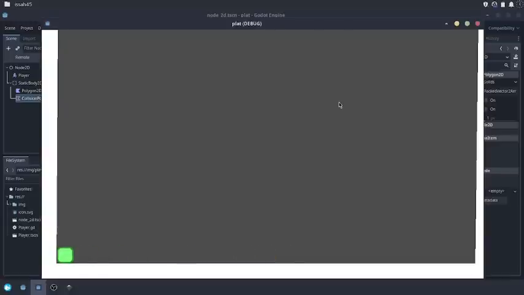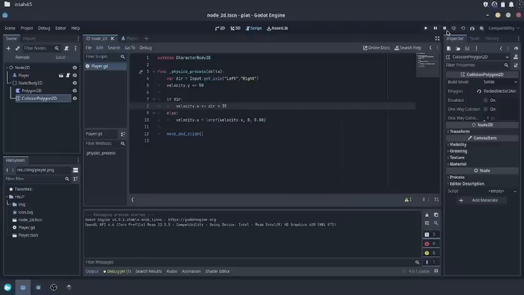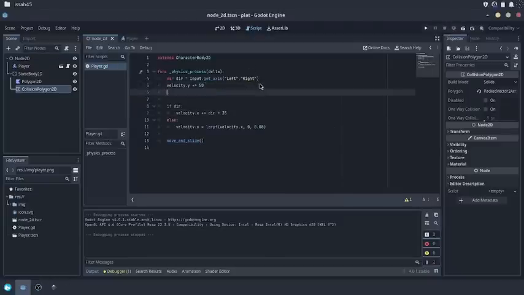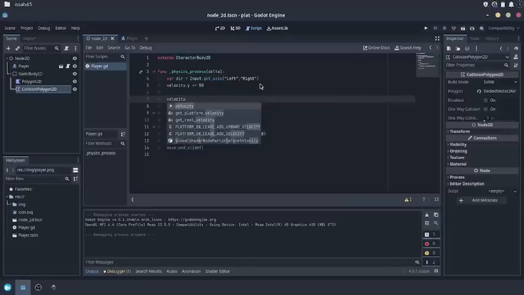When he accelerates, the longer we keep holding right or left, the faster he will be. So the player can reach extremely fast speed. The player can actually reach infinite speed. The player can be infinitely fast if we just keep holding right or left. And we want the player's speed to have a limit, so we have to write velocity.x equals clampf